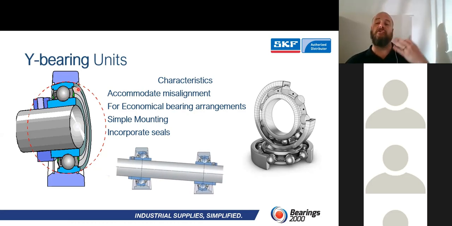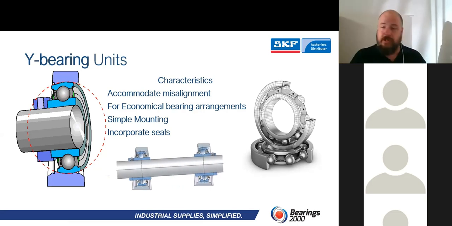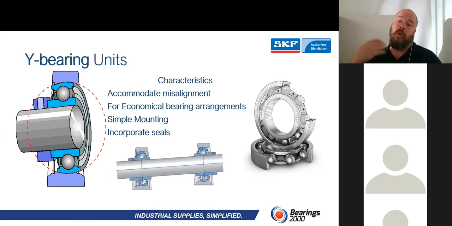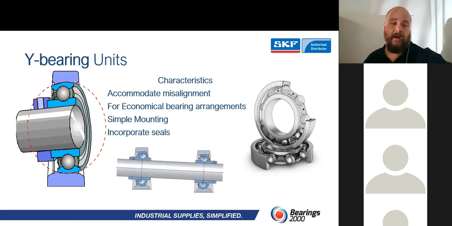And once you go to something like a maintenance-free unit that has got 5 lips, the more lips you add, of course, the more friction you'll generate. The more friction you generate, the more heat. So the speed rating does come down a bit. Not a lot, but it does come down a bit.